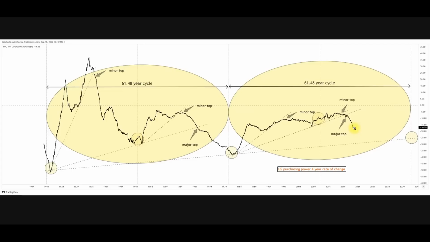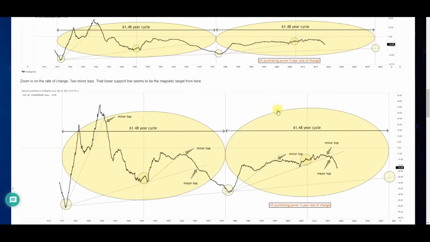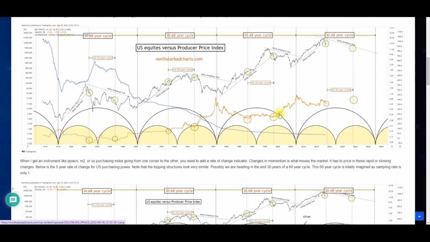I have to take a deep breath, guys, because the rate of change for the purchasing power is telling you that something powerful is happening. So this is giving me clues that maybe here, the endgame, this mega line, 100-year line, maybe when we reach here, we're going to break down through there, and that's going to catapult the insane triple digit, quadruple digit silver, man. Maybe it's going to happen when we break down that line. But what this is telling me, guys, is, I'm going to zoom back out. This is telling me that